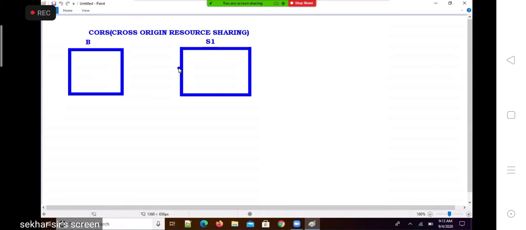I can tell you that. Now, say for example, now this server one has sent this JavaScript to browser. Now the script is running on browser, right?